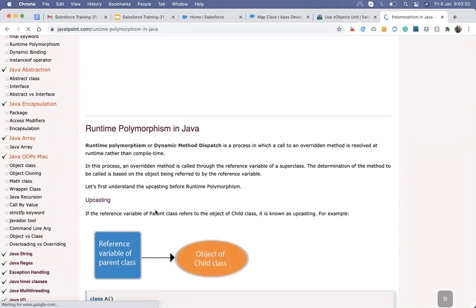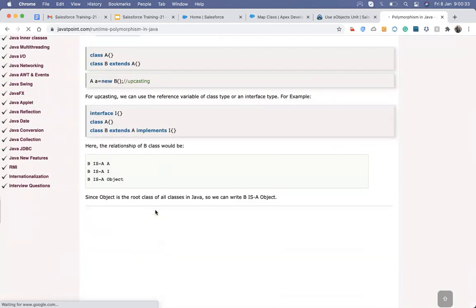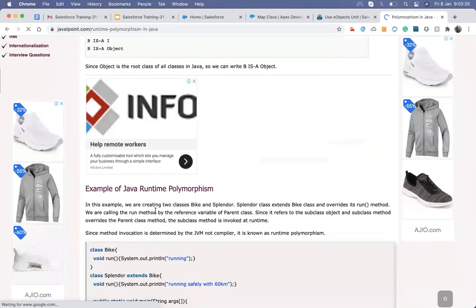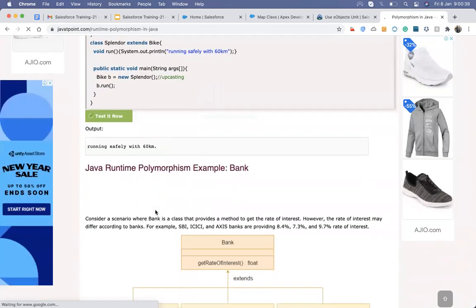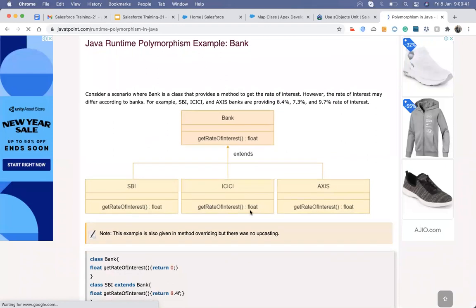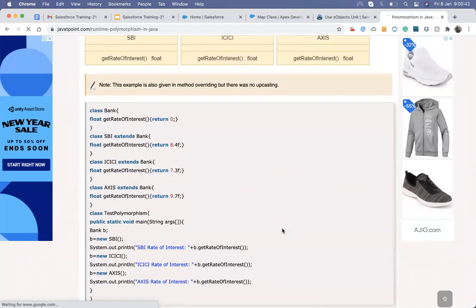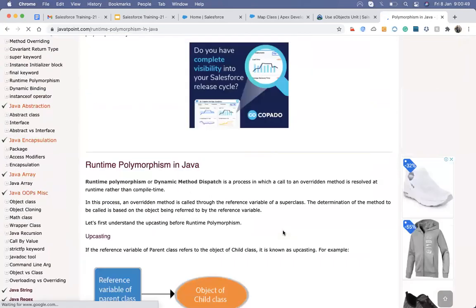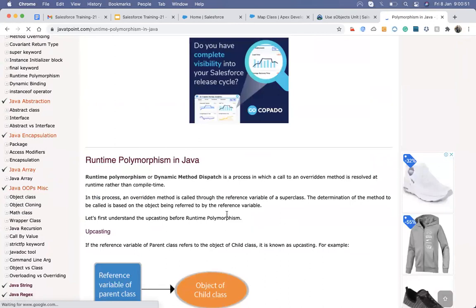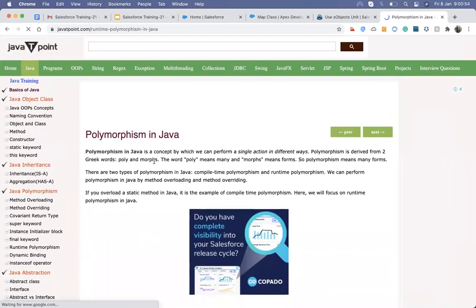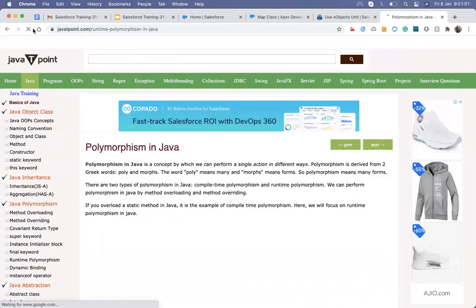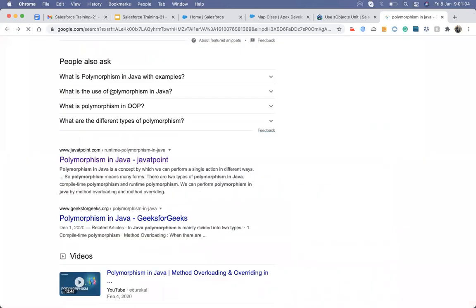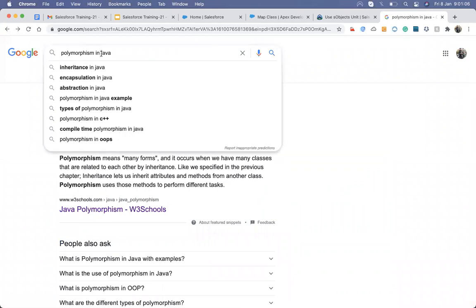One of them is runtime, the other is compile time. Yes, that's correct. But they're talking about different classes, and here it's polymorphism in the same class.